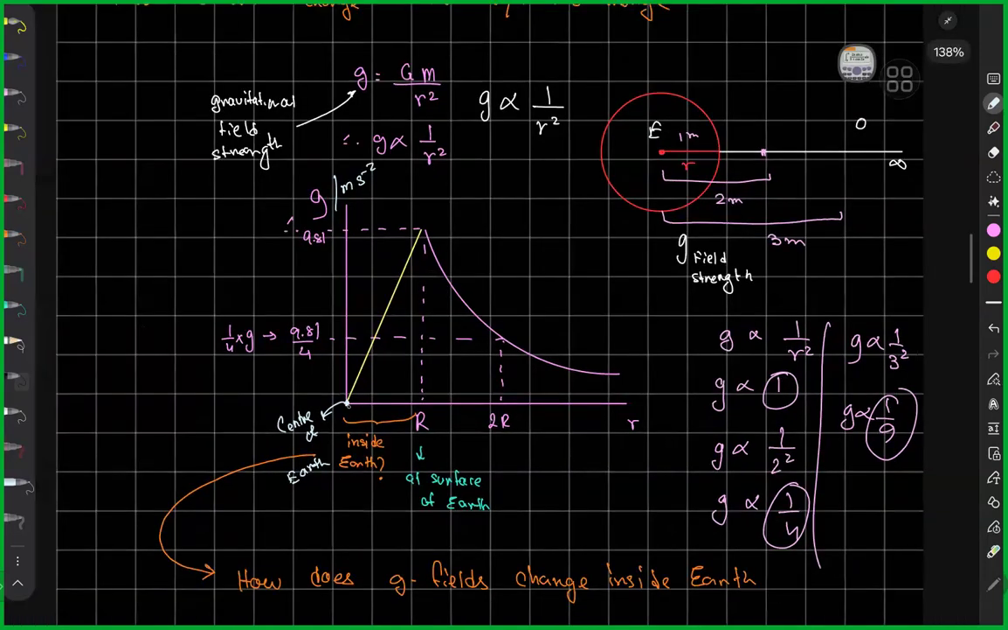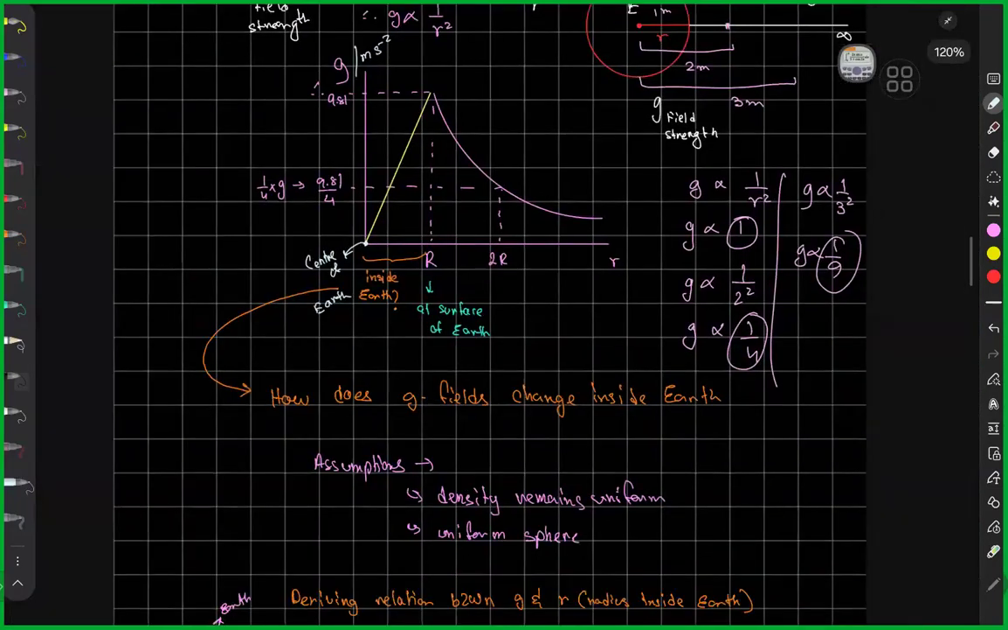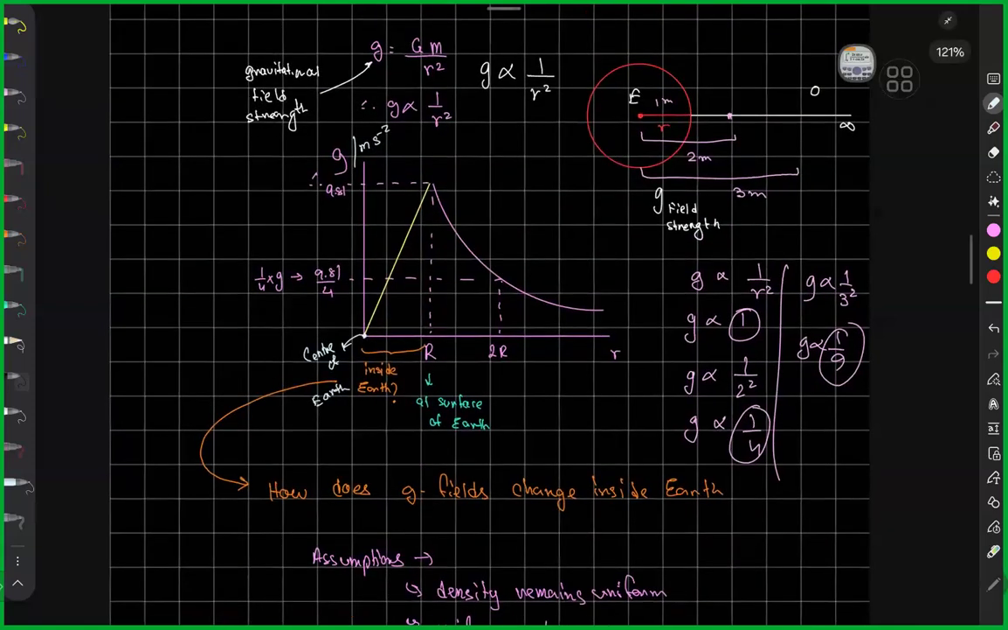So from the center of Earth to the surface of Earth, I'll tell you what happens between the center and the surface. That's a bit more complicated derivation, and it's not in your syllabus. So this yellow line is not in your syllabus. What is in your syllabus is from the surface of Earth till infinity over here. So if I extend this curve till infinity, this is how the force per unit mass near the Earth's surface